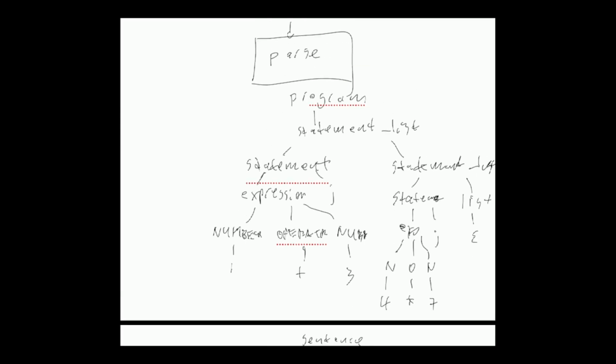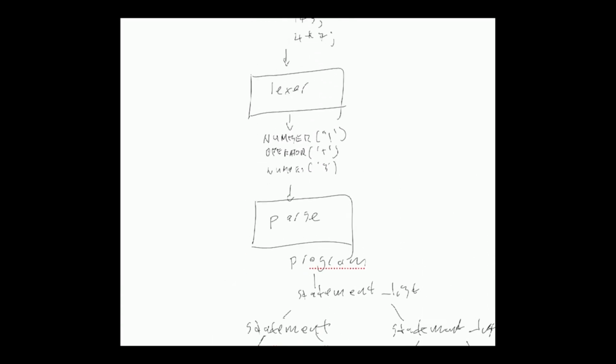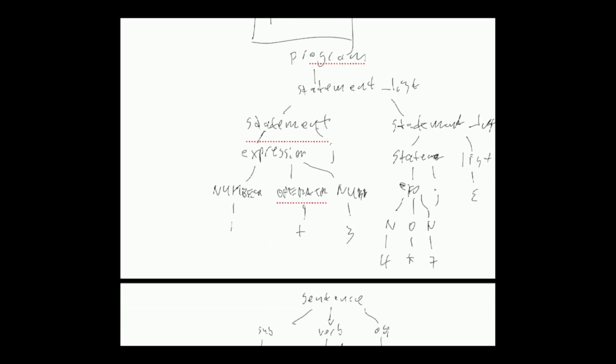So this is what the parser is going to do. It's going to take this sequence of tokens from the input and diagram it so that we know exactly where the expressions are, where the statements are, and make sure that, first of all, it's a valid program, that we haven't put an operator without a right operand, or that we have other symbols that aren't valid in our program. And notice here that if we did a traversal of this tree,